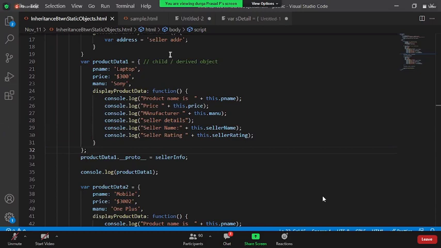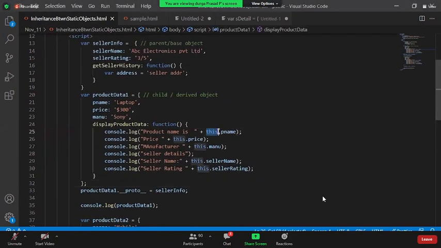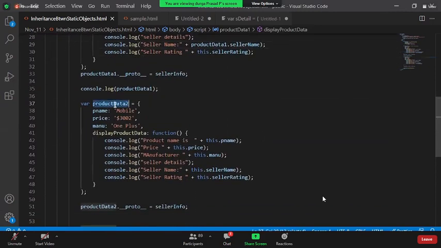Yeah, I got it. Okay, guys, to just repeat his question. The very first thing we have learned already is, instead of the this operator, you can make use of the object name also. Agree, right? Everyone, instead of this, I can say product data 1 dot product 2 dot data and so on. Now what he's saying is, when you're saying this seller name, what if I say product 2 1 dot seller name? This object is not having it. Instead of this, I'm using this seller name. In this case, I go for this product data. Instead of seller name, I say product data 2.